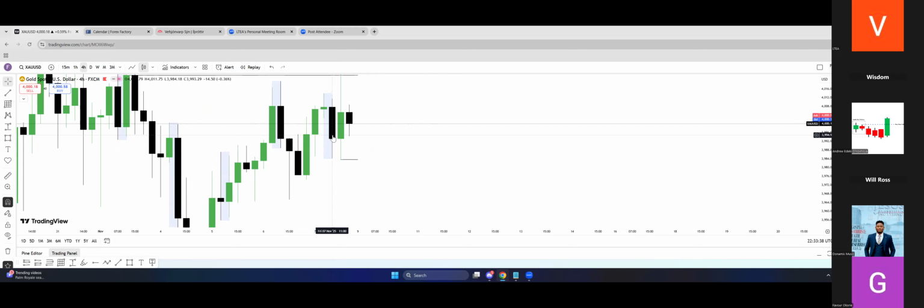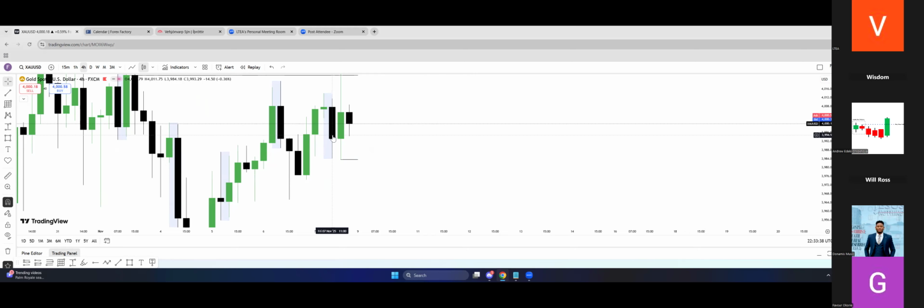11, that is when this one opens and closes. 11, 12, 13, 14, 15. So at 15, this candle opens because it closes at 15. Now look at what happened. We took the low of this candle, because this is the candle I want to trade now in this New York session. This is New York session. So we can see price took the low.